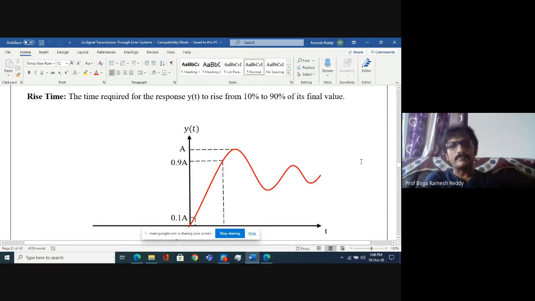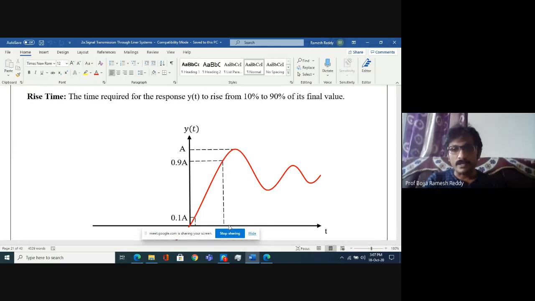See, take any system, give some input, maybe a step input like that, give some input and observe the output. And how the output varies, like how the output amplitude varies. Observe that. Like from 0 to infinity, suppose if t value increases, if time value increases, observe the output, how the output varies. Okay, identify maximum amplitude of that response. Then take 10% of that maximum amplitude and 90% of that maximum amplitude. 90% of the amplitude. Then take a horizontal line that cuts the response at some moment.